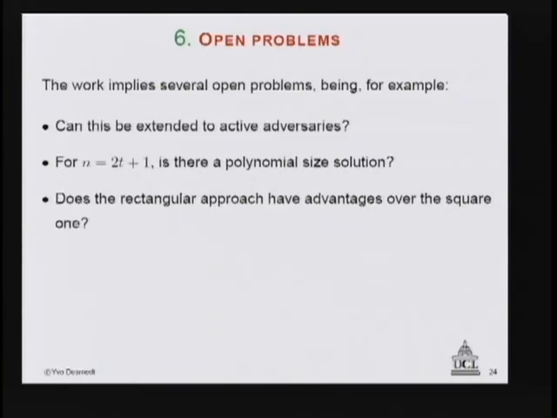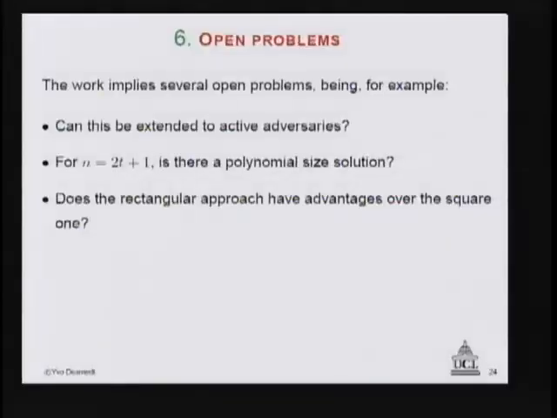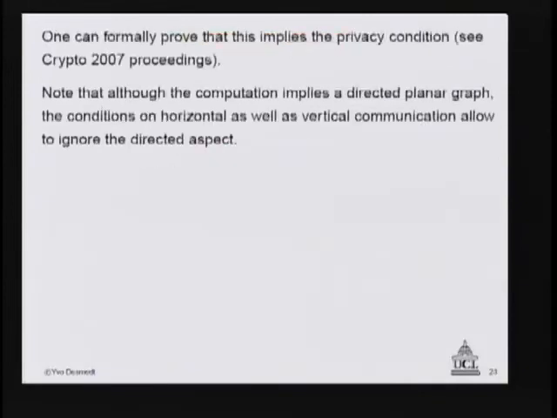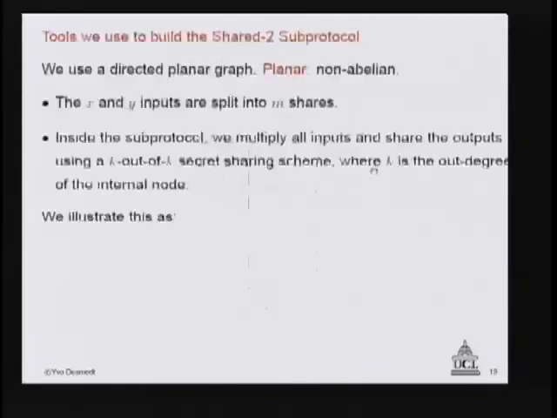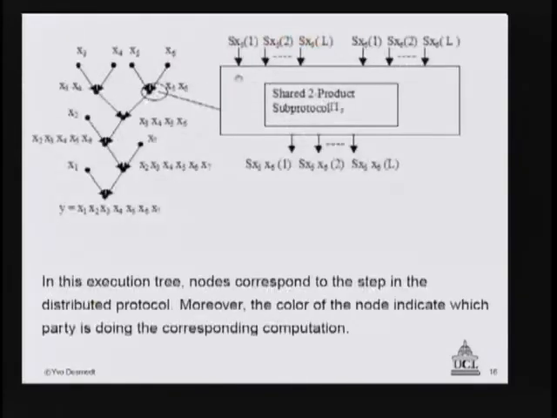You may generalize it so that you have m here at the top, m at the bottom, m prime at the right, and m prime at the left. There are some variants you can use. Is there a solution in which n is 2t plus 1 and the size is polynomial? Now, it's important to realize that it doesn't need to be a square as here. That's basically a square solution. You could have a solution which looks more like